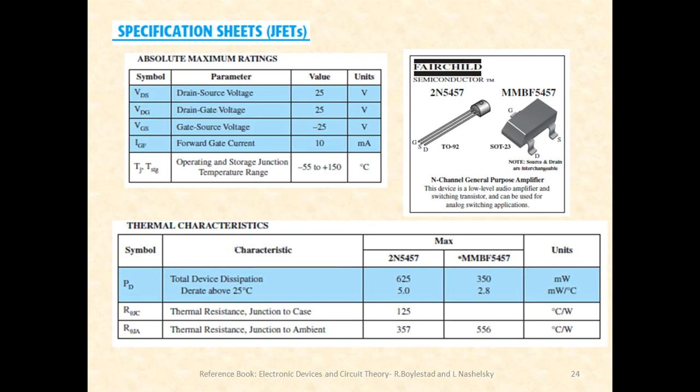All right, so the last topic of this particular session is on specification sheets. Very quickly, we'll try to highlight the importance of a specification sheet. First of all, suppose we purchase any electronic device, online or offline. Generally, along with the device, we will be given a specification sheet, right? So just write it. Whenever you purchase any device, along with that, you will be given a specification sheet or